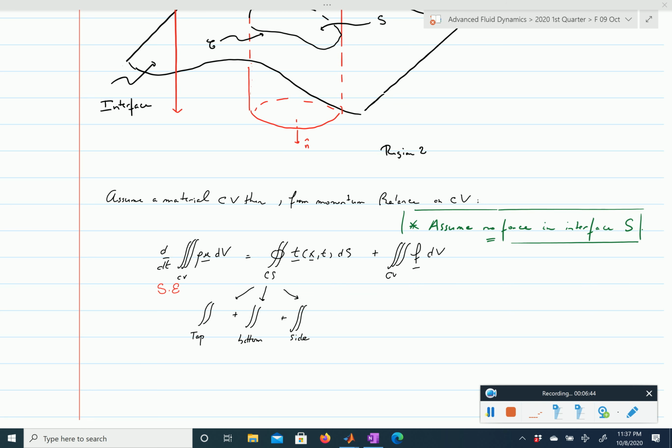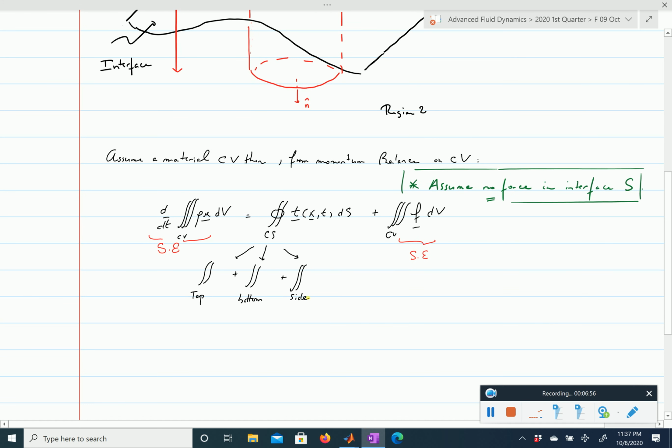Same here, when we integrate this part, this integral will scale with F S times epsilon, and the side surface